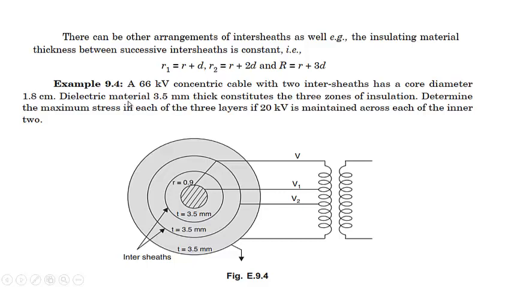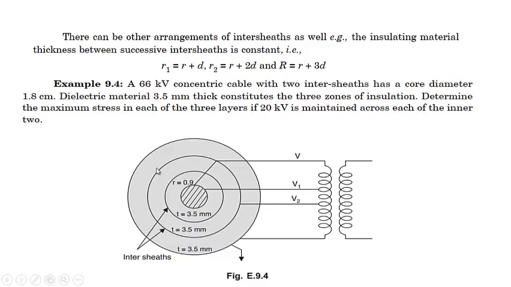Now we will use a similar example. A 66 kV concentric cable with two intersheaths has a core diameter of 1.8 centimeter. Dielectric material 3.5 mm thick constitutes the three zones of insulation. That means here the dielectric material has the constant thickness D of 3.5 mm. Determine the maximum stress in each of the three layers if 20 kV is maintained across each of the inner